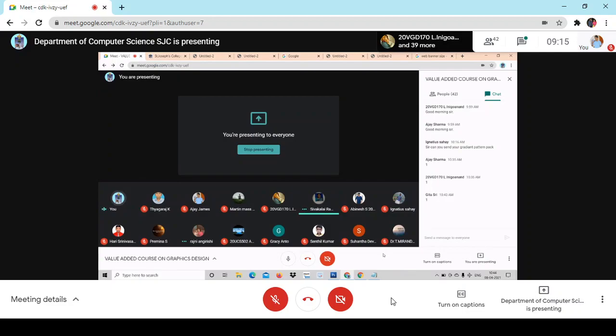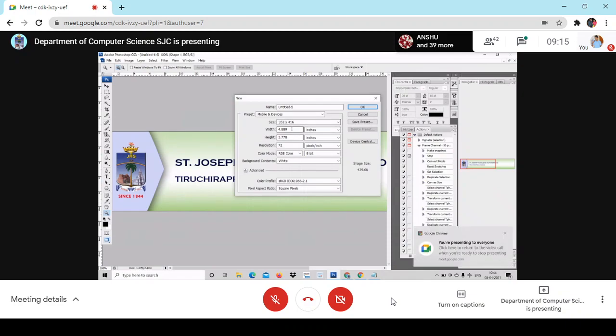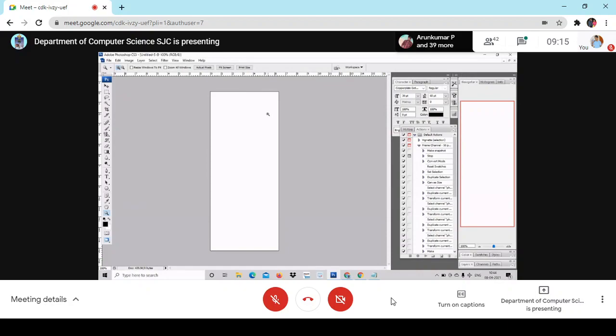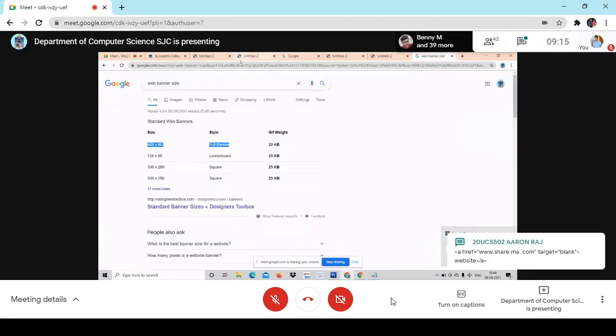Okay. So I go for 6 and 2.5, right? I just use 6, 2.5 into 6, and I just give 100 for the resolution, and all the other things. I just click OK. See, this is the screen. You will have to give the exact size. See, this is not even the proper size. I go back to my mobile screen. All of you should know it.